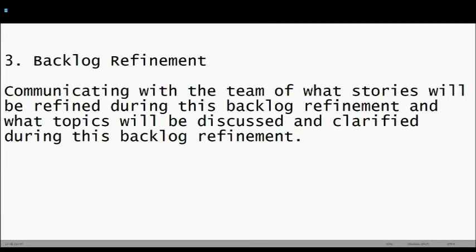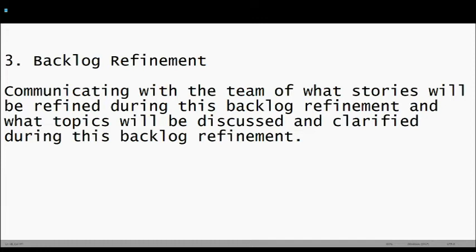You invite all the right people that need to be there, whether some people from design or the testing people need to be there. You have to make sure they're invited properly and clear on what needs to be discussed and what the expectations are, so that the team can do their homework before they come into the backlog refinement. They are aware of what needs to be discussed, what they might have to present, and where they might have to give their input. So that is your responsibility as a Scrum Master: to facilitate a perfect backlog refinement